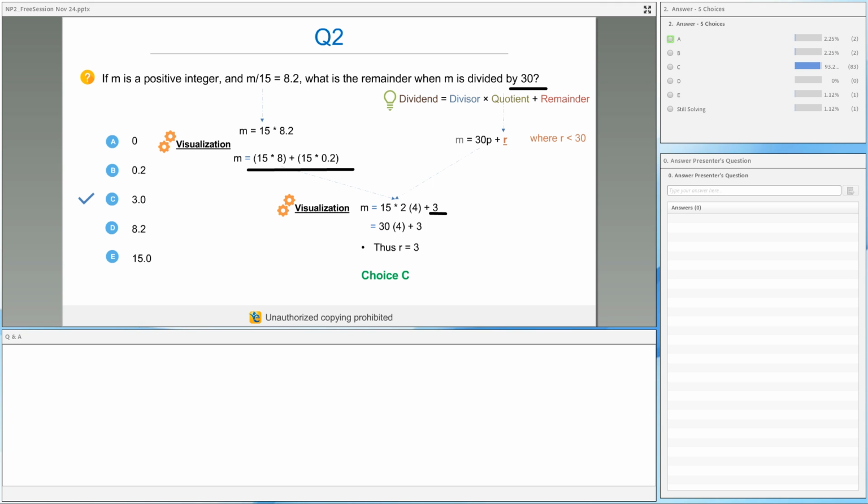Okay. So those of you who are still marking the answer as B and A, I would request you to please tell me where exactly you are making a mistake. What went wrong? What did you not understand? I did very clearly tell you that the answer cannot be a decimal number, so you should have already removed these two options. I did also tell you, when m is divided by a number and you're getting a value which is a decimal, this also clearly indicates that the remainder cannot be 0. So you need to move on like this.